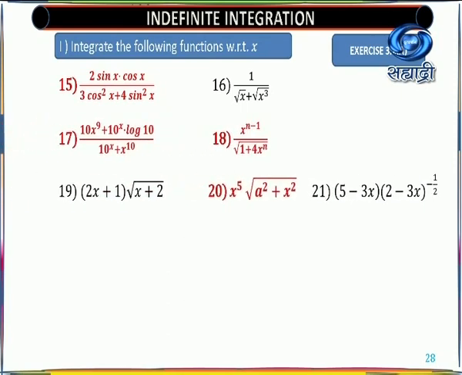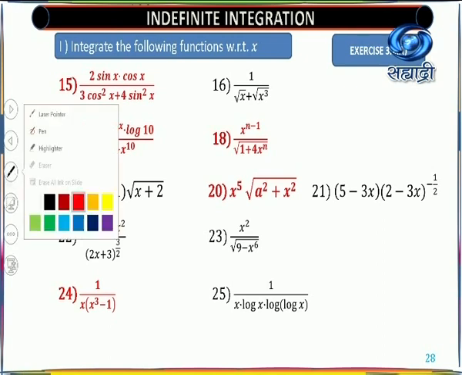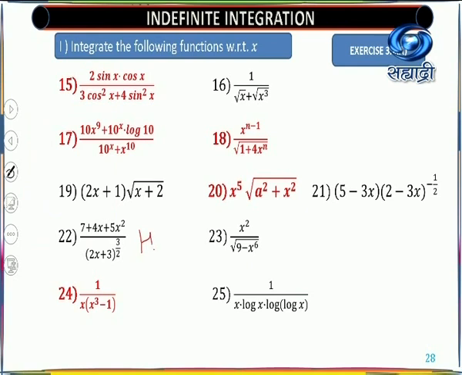If you have the textbook with you, you will see that these are the examples in your textbook on integration of the following functions. We'll take one by one the examples in red color, and the remaining are homework for you. So this one is homework, this one is homework, here is the homework. This type of examples we have already taken in previous lectures. So these are all homework, and the remaining will be covered here.